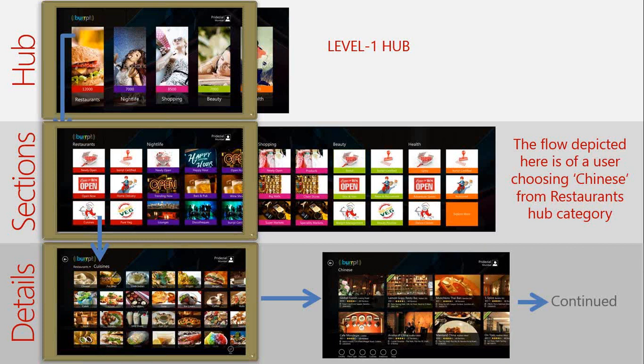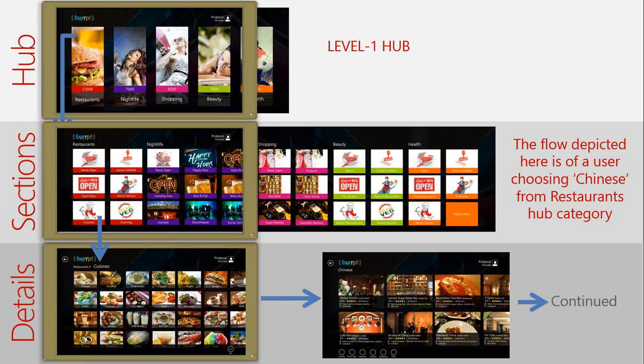So this is a good example of how information architecture is at place, how it is built keeping in mind what the user is looking for. It is built keeping in mind how to give a better user experience by properly structuring and categorizing their data, and finally landing into the details page, which is what the user is looking for.